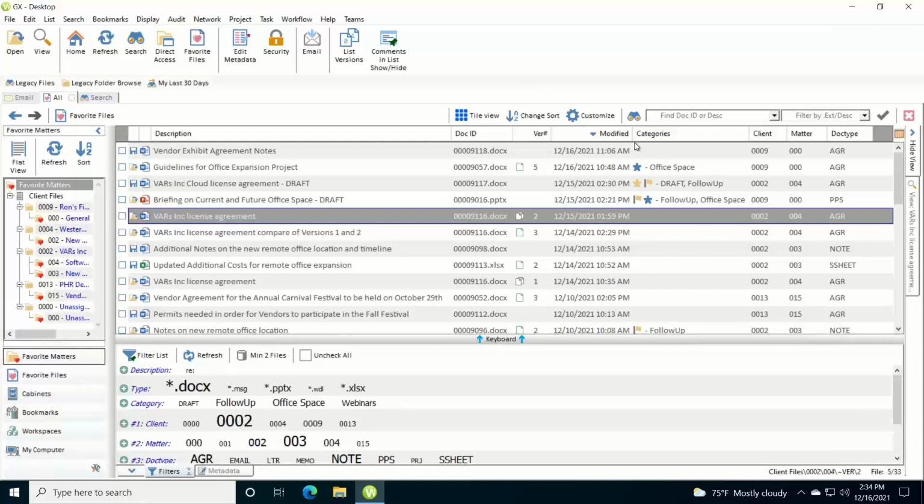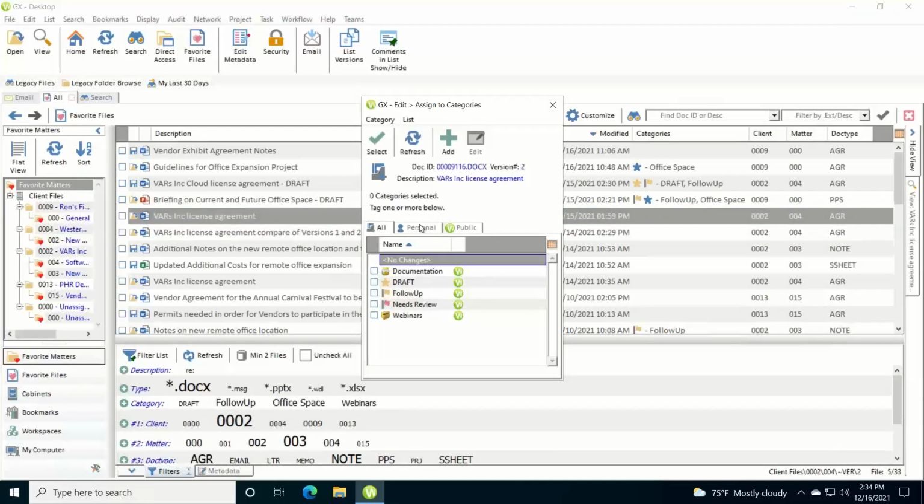them to a document. So I have my categories column header here in my Worldox file list. I'm going to go down to this document here and just right-click, and that'll bring up the categories menu. And I can add an existing category to a document at this point, and below that I have my create/edit categories. And when I pull this up,